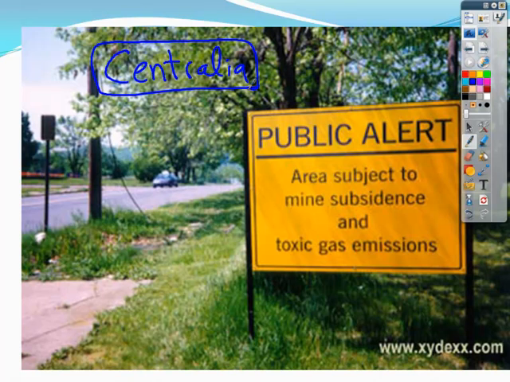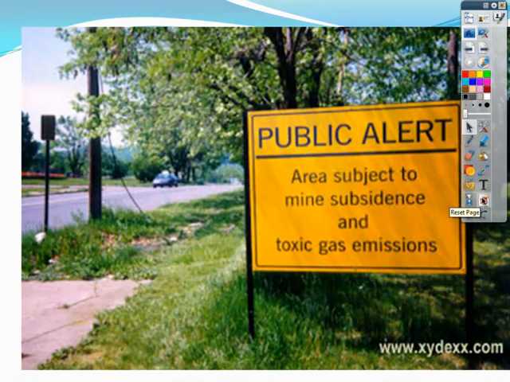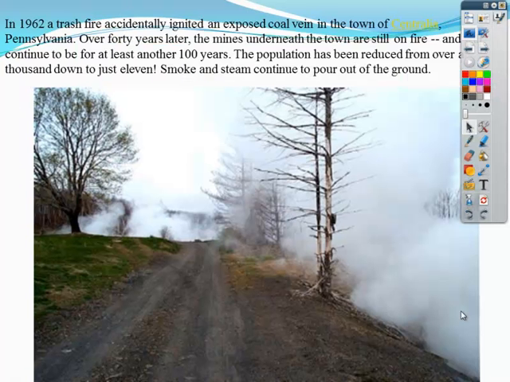Okay, and what happened was, in this poor town, it was a coal mining town, and in their coal mine, in 1962, people were throwing trash in the coal mine. For some reason, in 1962, the trash caught on fire. Okay, when that trash started to burn, they didn't get to it in time. It burned so deep they couldn't put out the fire. And the coal that was left in the coal mine continued to burn and continues to burn today. That was back in 1962. 50 years later, it is still burning, and they expect it to burn for about another 100 years.